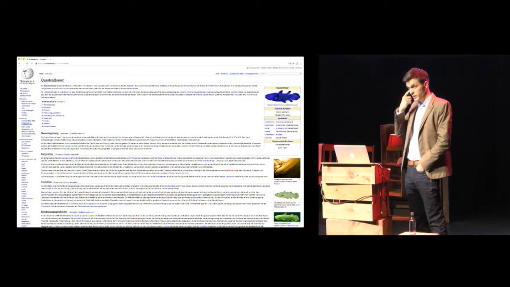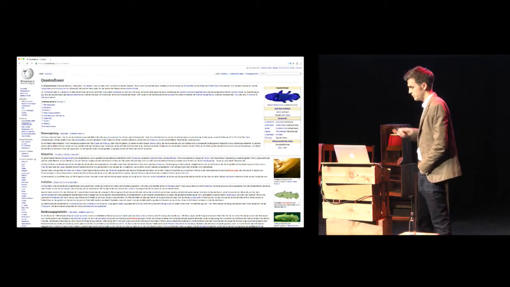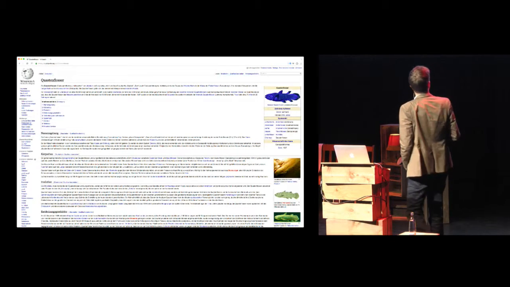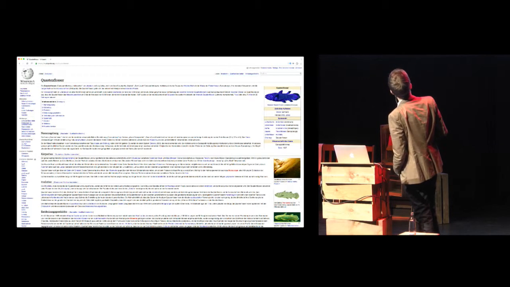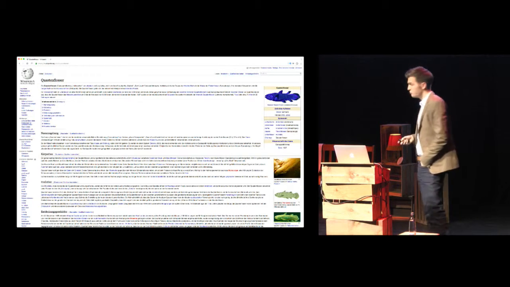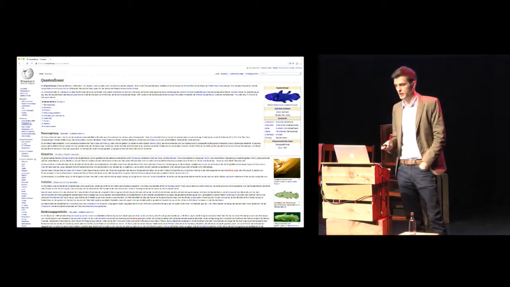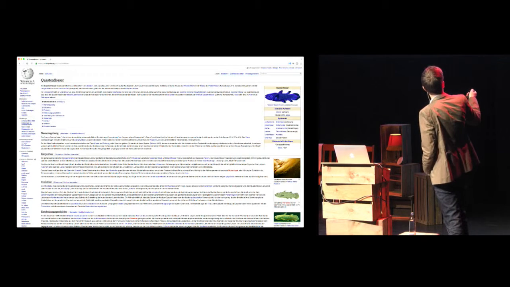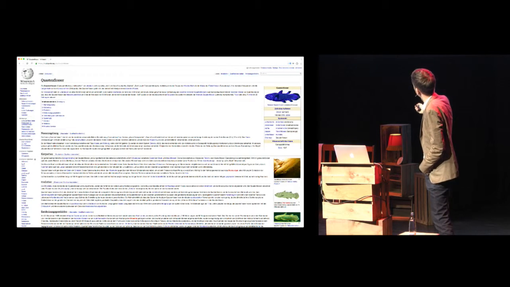Do you guys read Wikipedia? I read Wikipedia every day. It's great, except for the, how much is that? 5 meters of line length here. It's really hard to read. Exhausting for the eye. You end up here and then you have to go all the way back over there. It's very tiring.